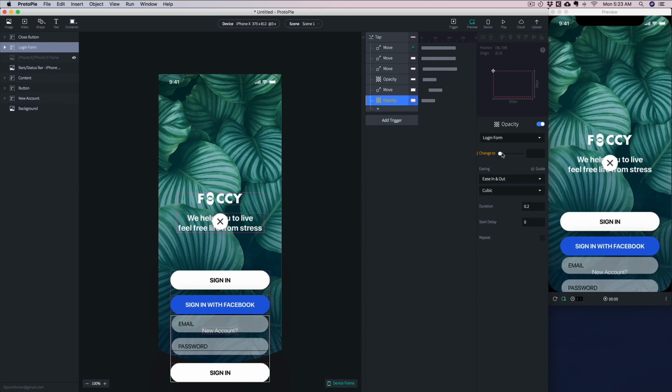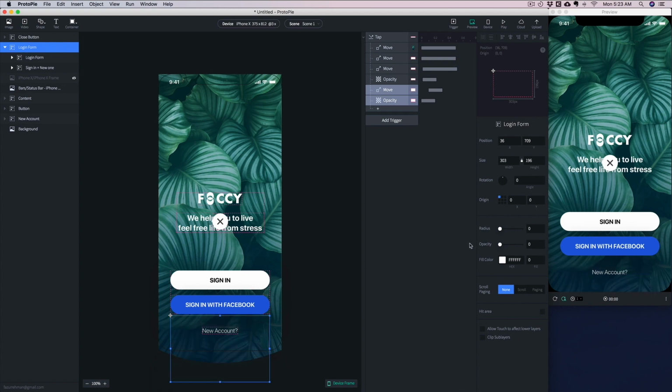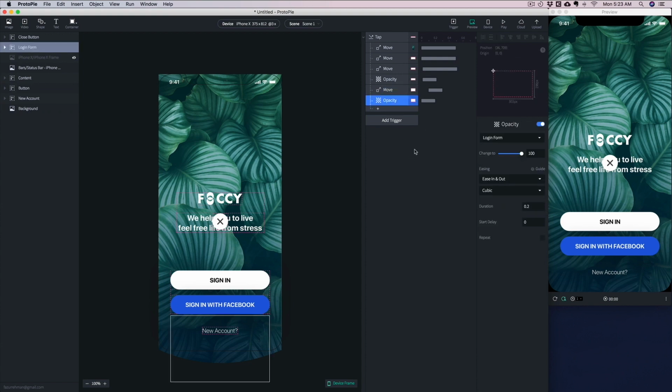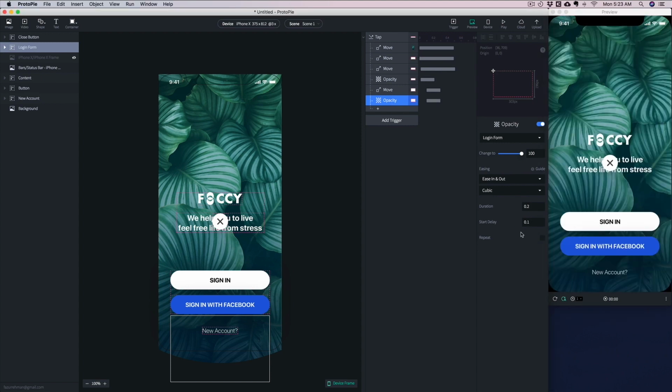The opacity will be 100 percent, and the default will be 0. The default is 0, and when it starts, the opacity will be 100. So now see, it's beautiful, right? So now add some